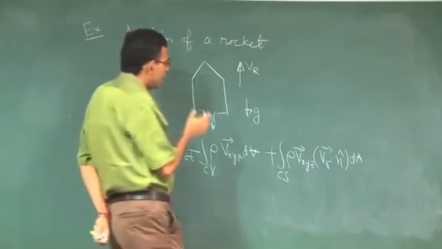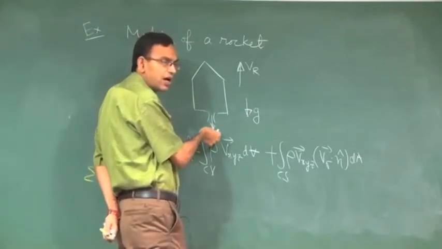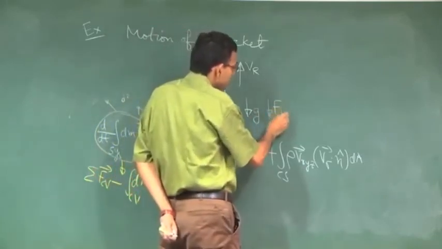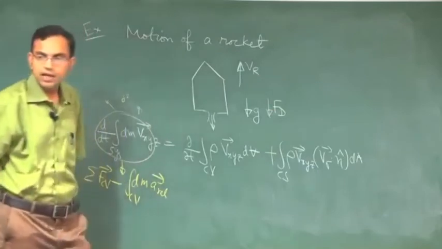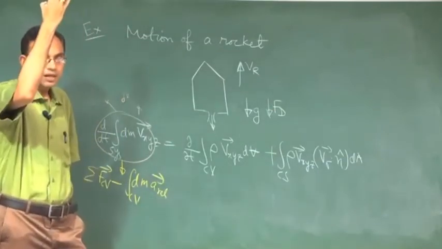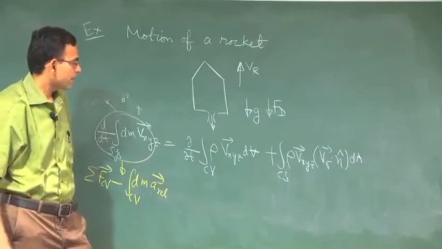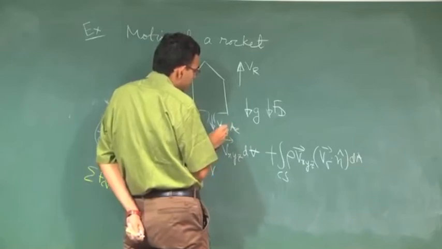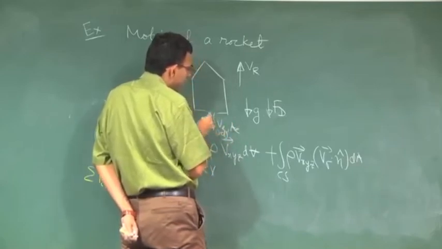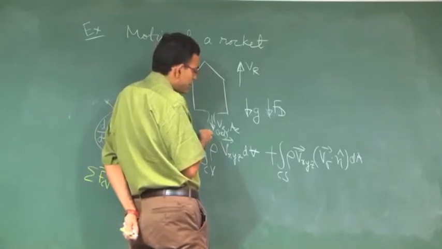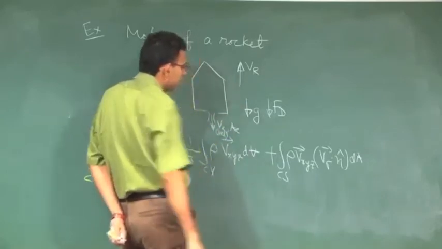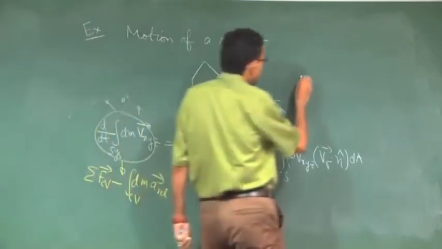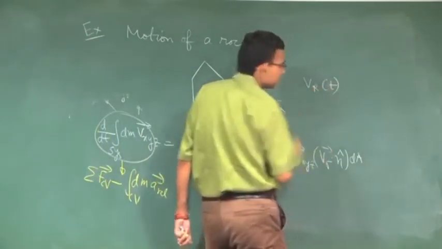The key here is that this velocity has to be so high that it can defeat gravity and also the drag force exerted by the air because of the very high relative velocity, and still the rocket can move against gravity. Let us say VE and AE: this is the relative velocity of the products of combustion coming out of the exit with an exit area of AE. Our objective is to find the velocity of the rocket as a function of time.